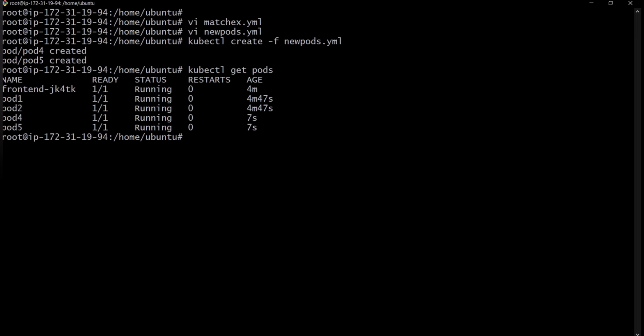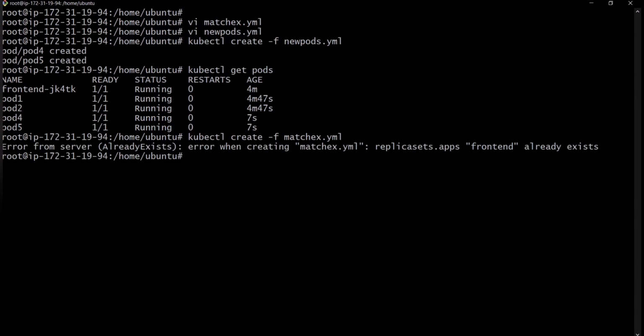So kubectl create -f and the name of the file. Okay, so there's something wrong in that file, the replica set app name already exists.